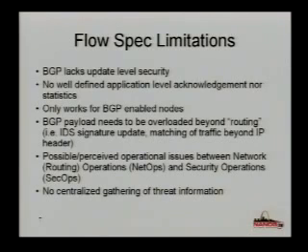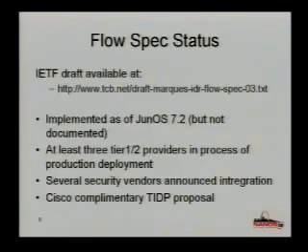And I think a few other standard issues. Flow specification is an IETF draft standard. I think it expired, or is it? It's about to be renewed, but it's an IETF draft standard. It's implemented, at least one major router vendor has implemented it, as of Junos 7.2, but 7.5 and others,